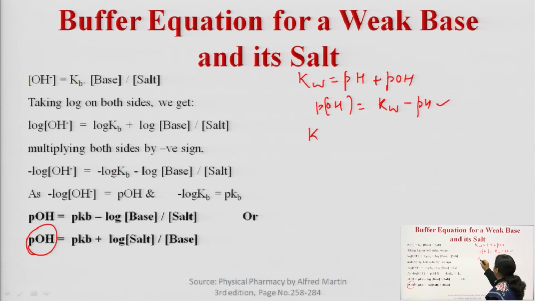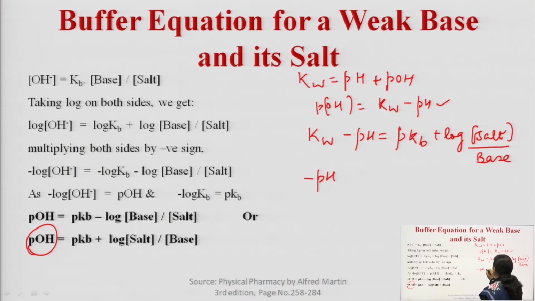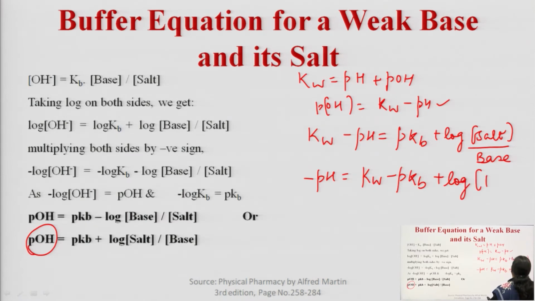So, we have pKw minus pH is equal to pKb plus log salt upon base, right. So, minus pH is equal to minus pKw plus pKb plus log salt upon base, right,